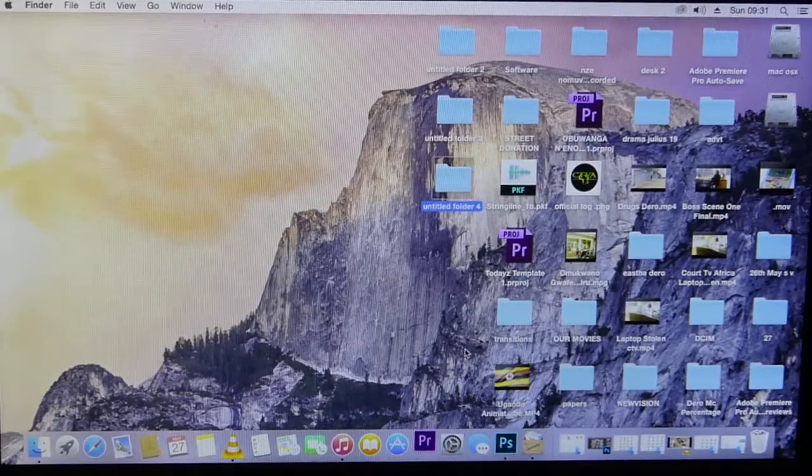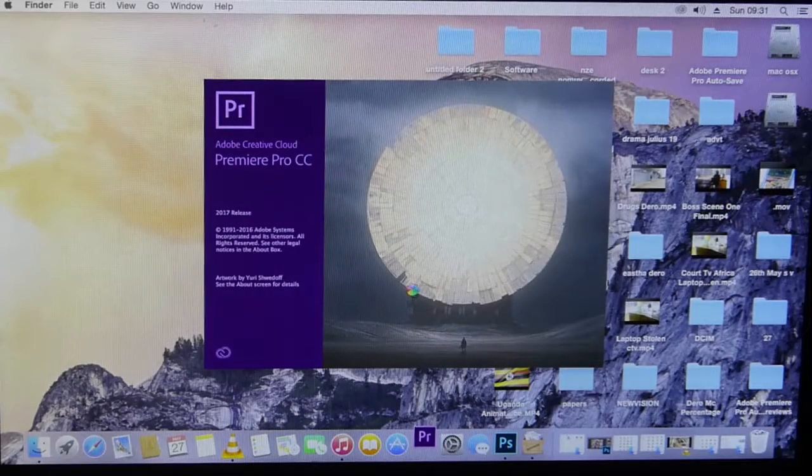We begin by opening up the software. This is Adobe Premiere Pro CC editing software. So we open it,